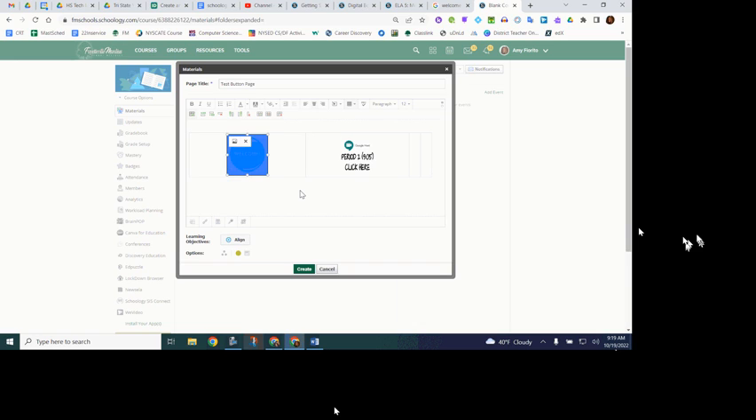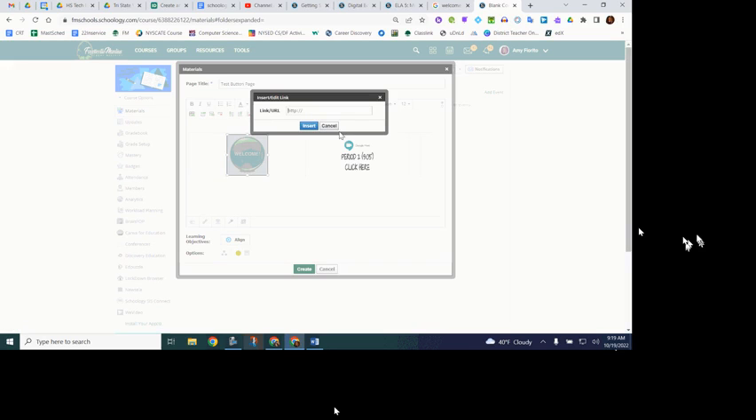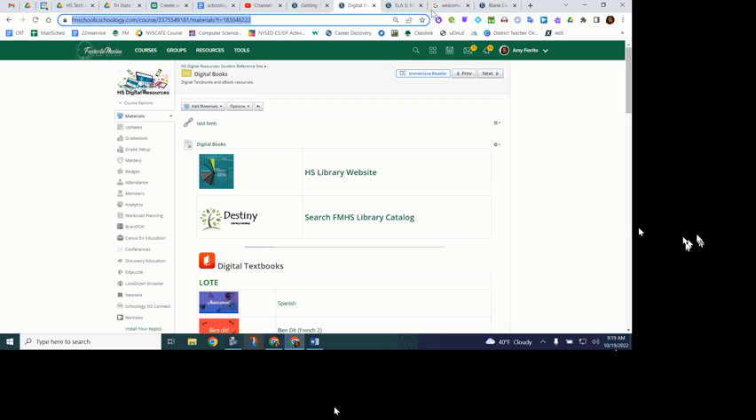So what I would do is select the item, and then I would come up here to insert content and say link. Now you can link to a website, or if you want to link to something that's in a different course, like if I wanted to link to the digital books page that I have in Schoology, what I would do is have it open and come up here to find the link, highlight it,